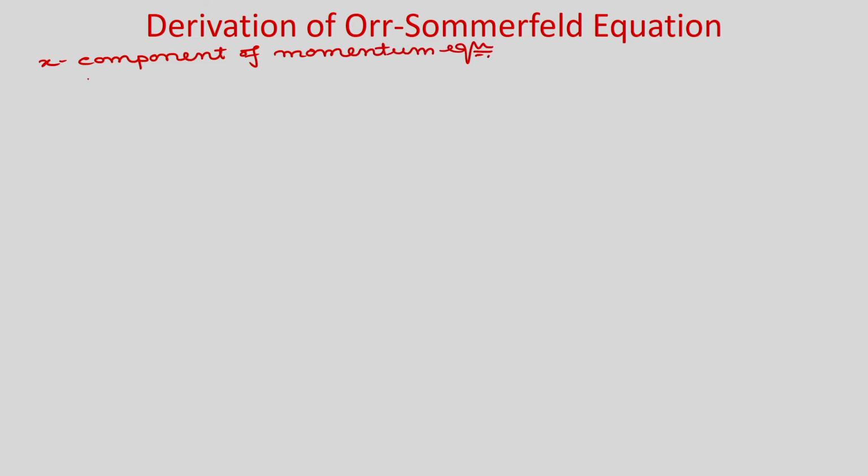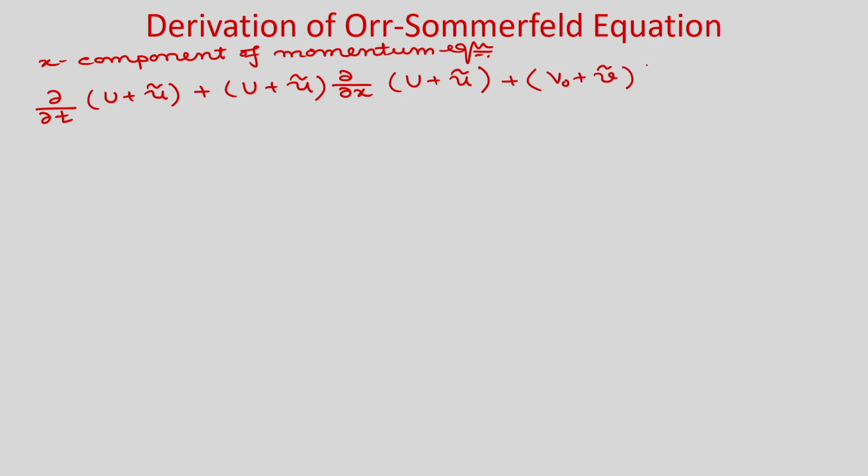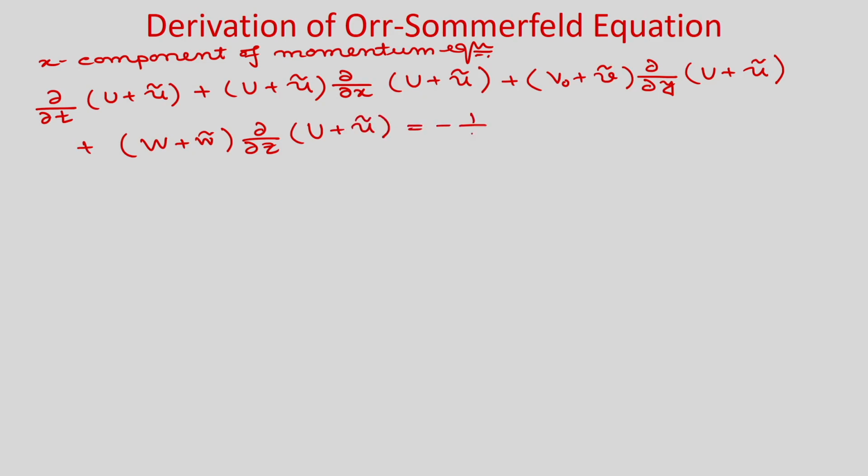So, if you satisfy this, then we will write, just putting u is equal to u plus ũ: (u plus ũ) ∂/∂x (u plus ũ), plus (v naught plus ṽ) ∂/∂y (u plus ũ), plus (w plus w̃) ∂/∂z (u plus ũ) is equal to minus 1 by rho ∂/∂x,